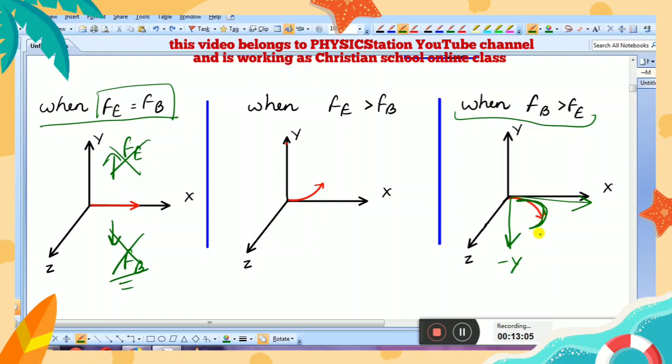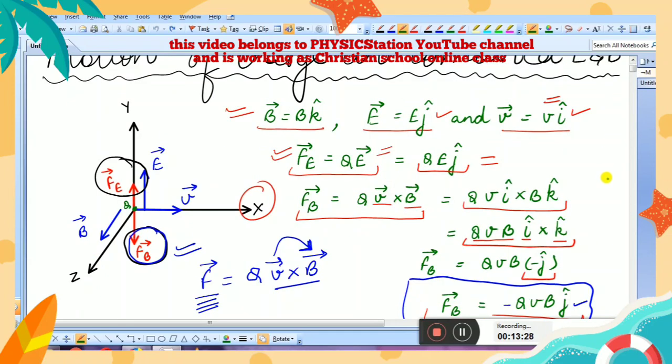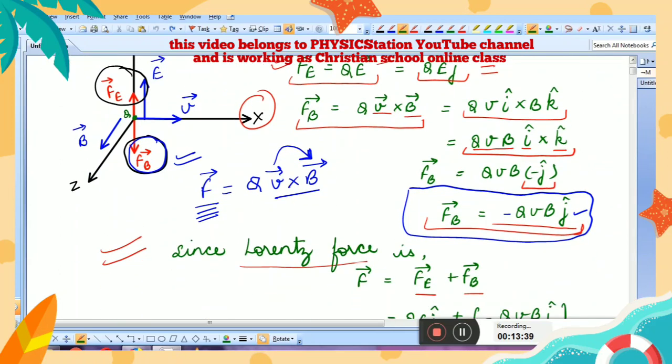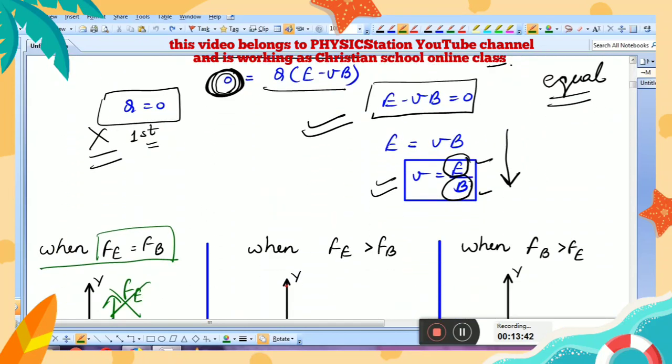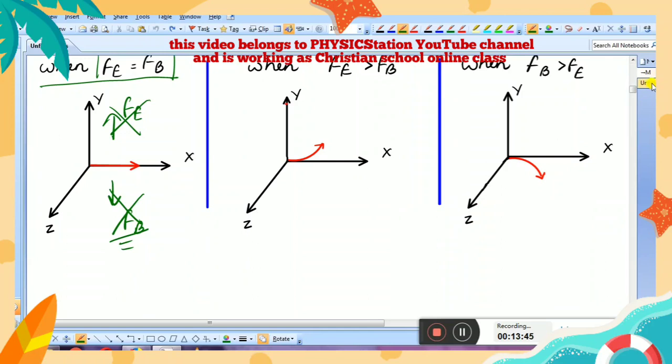But which xy plane? You could call it a plane carrying x-axis and minus y-axis, like this you can say. Okay, so I hope you understood the motion of the charged particle, how the particle will be moving, and in which case we will be getting force equal to 0. We will be getting force equal to 0 when Fe will be equal to Fb. Exactly then the force will be equal to 0, not in any other case. Okay, so this was our topic. Only one topic we have taken today. After this we will be taking some numericals.